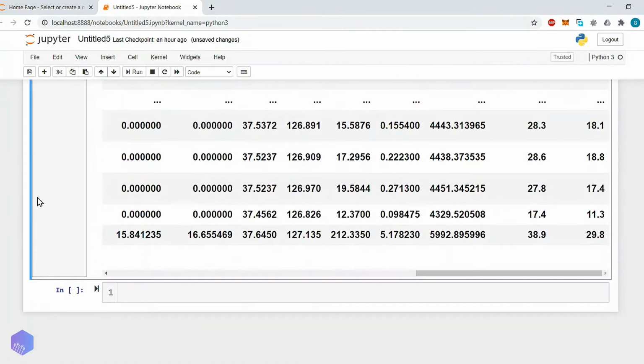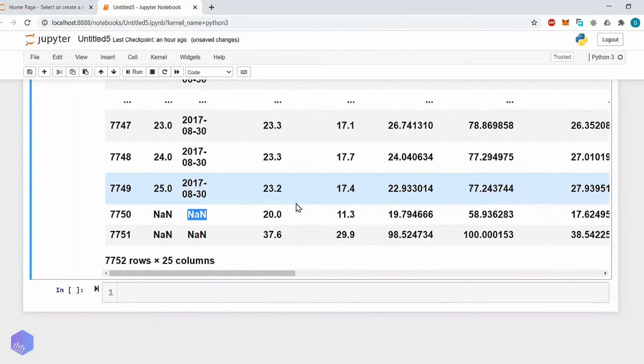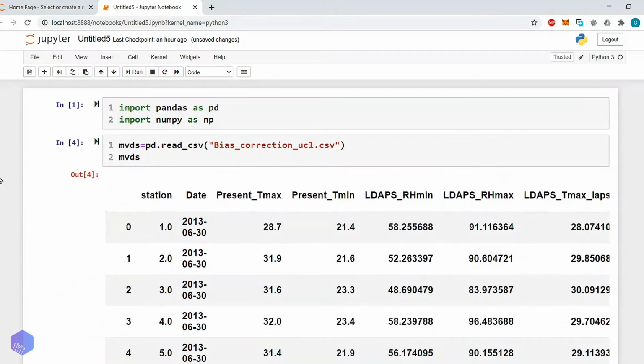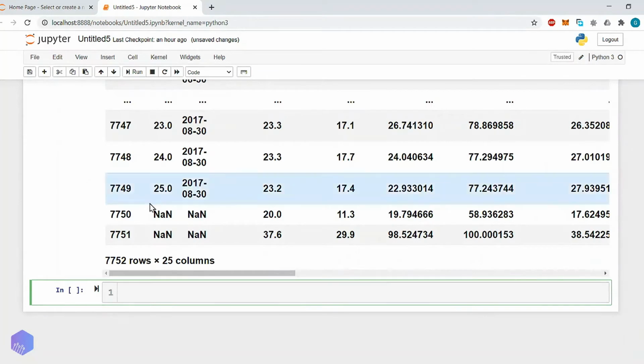So let's see some functions related to missing values. Let's retrieve this station series into one variable: c1 equals MVDS of station.